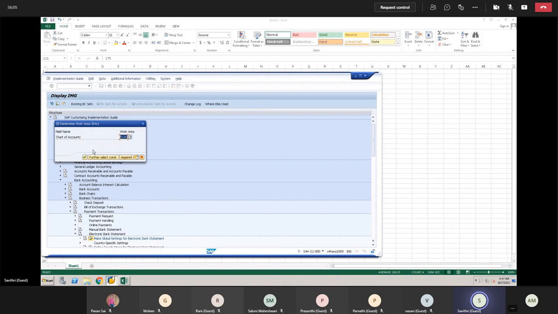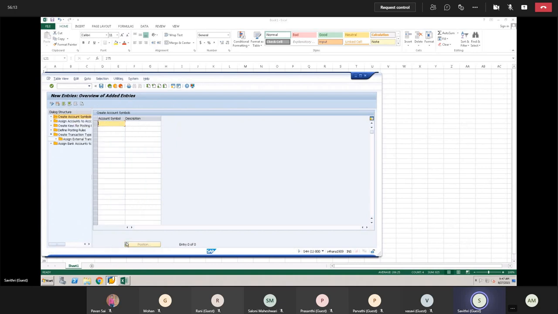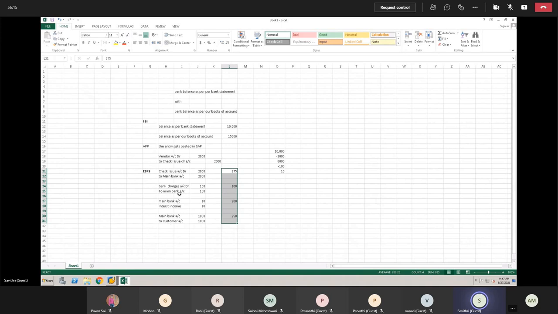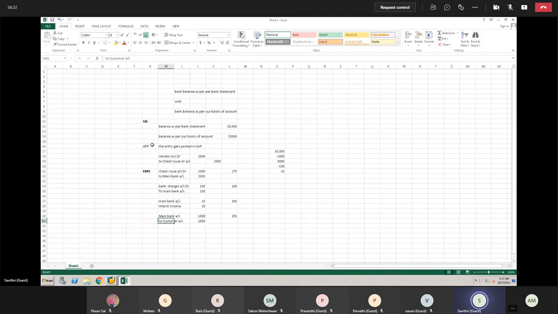So we'll start with our chart of accounts T100. Go to create account symbols, click on new entries. What I'm saying is that we'll have four account symbols: one for check issue, one for bank charges, one for interest income, and one for the customer receipts. So we'll have four account symbols. I will start with T. I mean, you can give any number. I'll start with T001. So T001 is for